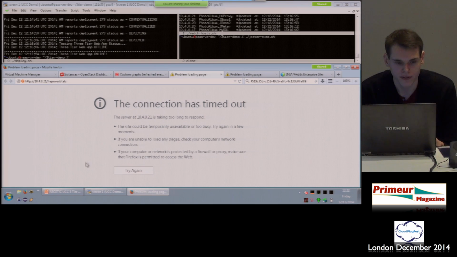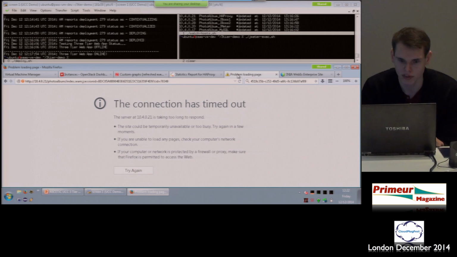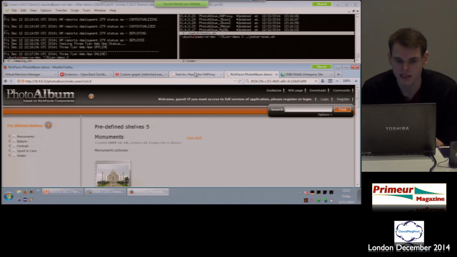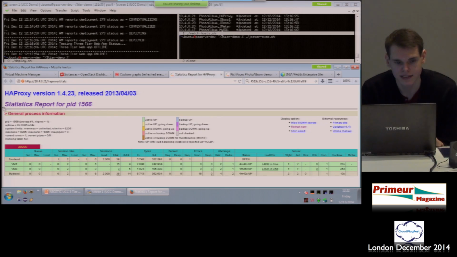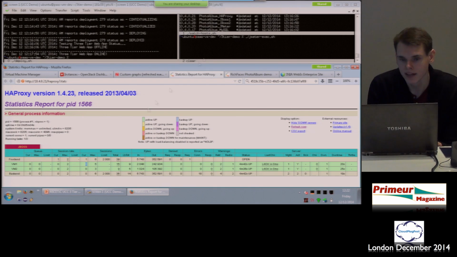So just to prove that the application is running, we can have a look at the load balancer. We can see that the JBoss application, which is running on this URL, is up and running and is being served by this HAProxy load balancer. And at the moment, the takeaway message here is that there are no sessions active. If I go back to the top of the screen